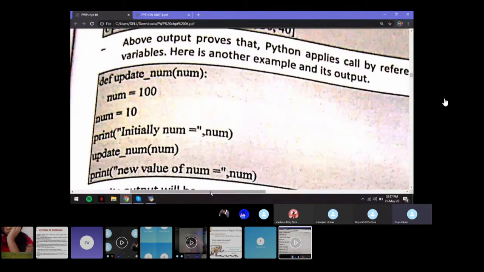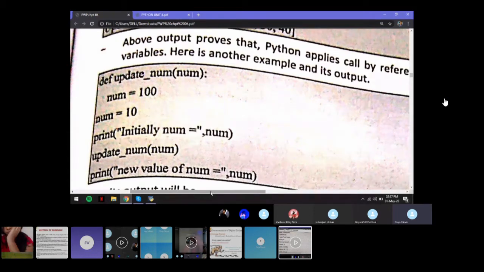Now over here you have the function update num. You're passing the variable num, and the value of num you're just going to update to 100. So that is your function definition. Now when you start with the main part of your program, you're initializing a variable called num and giving it a value of 10.